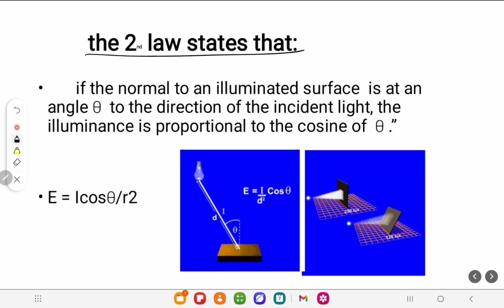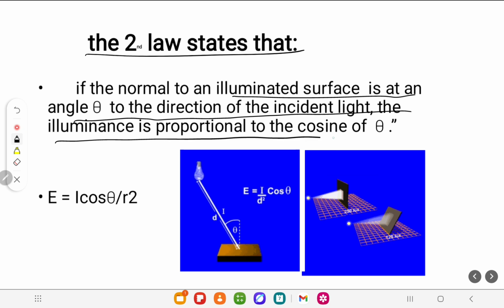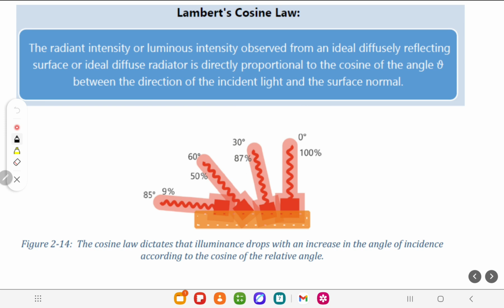The second law states that if the normal to the illuminated surface is at angle theta to the direction of incident light, the illumination is proportional to the cosine of theta. It's called the cosine law, isn't it? That's why at 12 p.m. we feel sunlight is hot, and